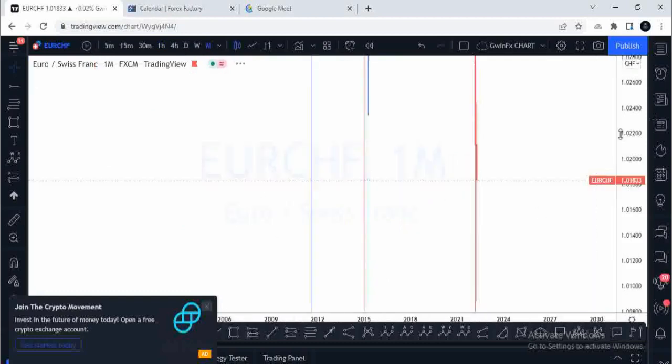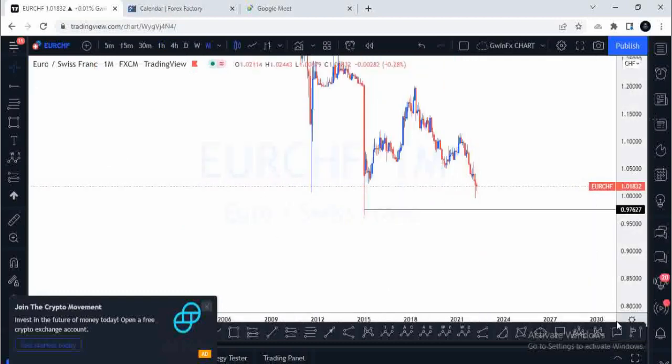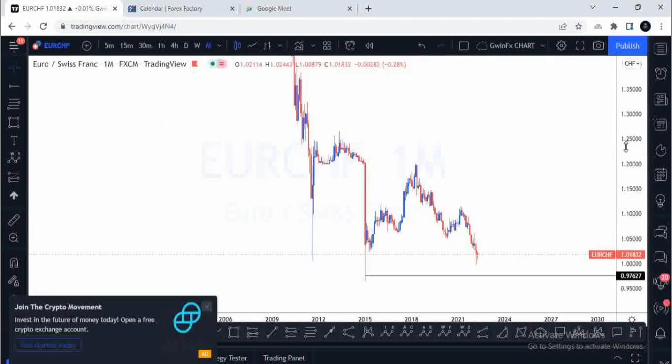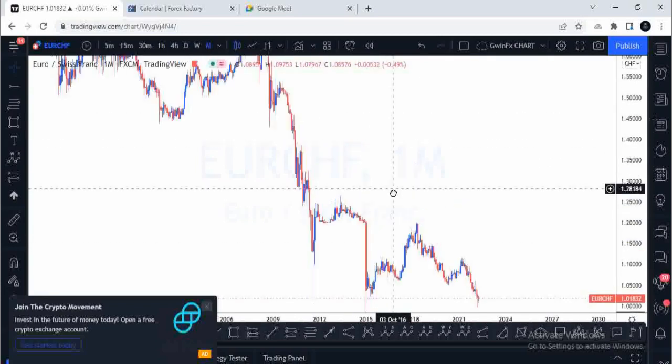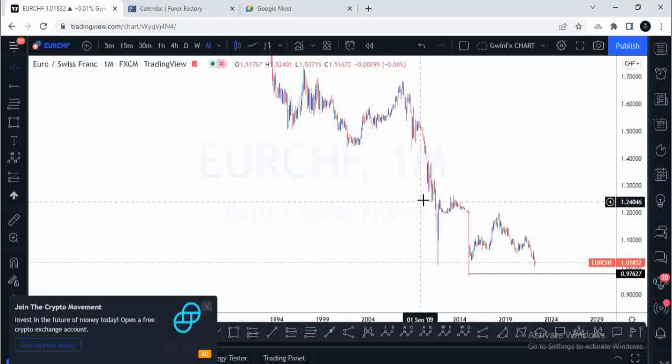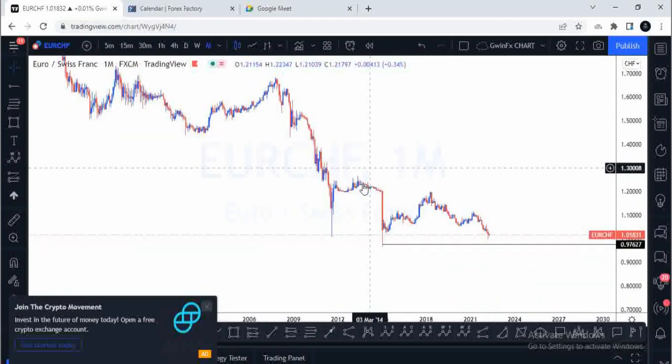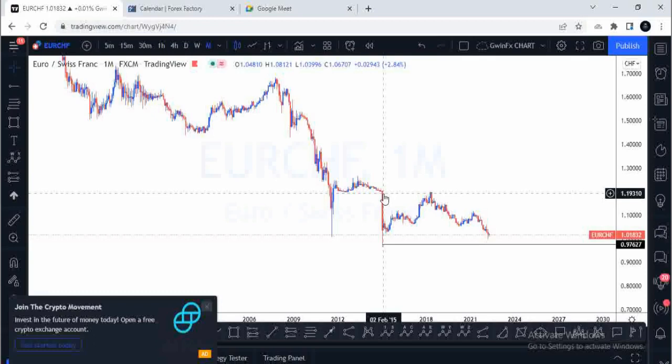I want to start from a monthly time frame. From a monthly time frame, I see a rather odd structure. Okay, I would say I see an odd structure here. This move right here. All right, let me just go down a little bit. So this move right here with this candle right here